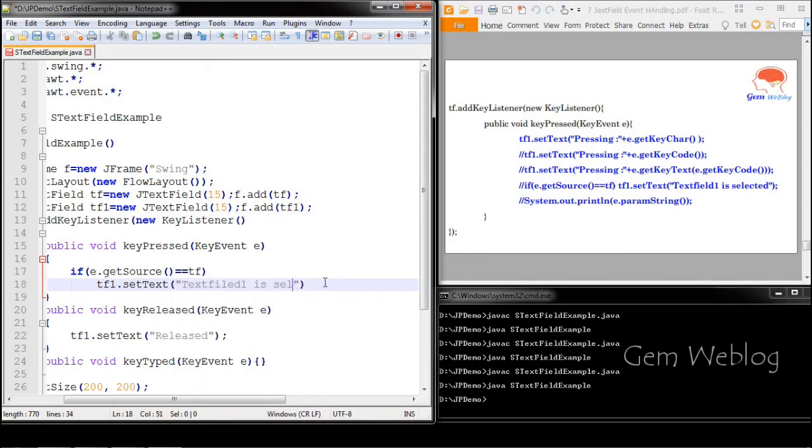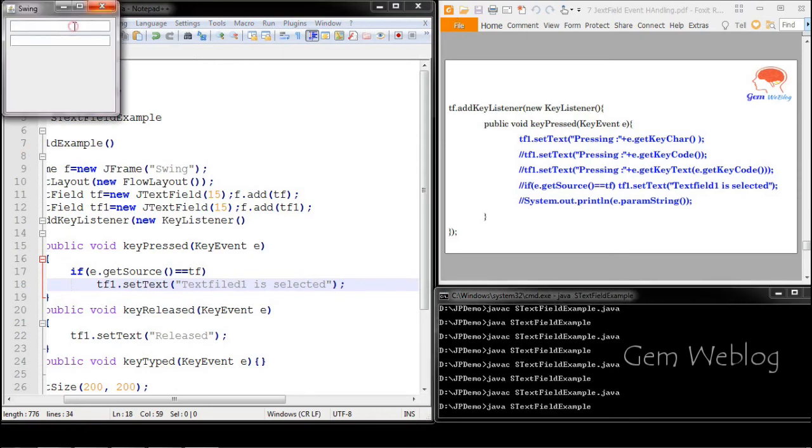Now you can see that when text field 1 is selected you can get the message in text field 2, but when I press in text field 2, you will not get any message.